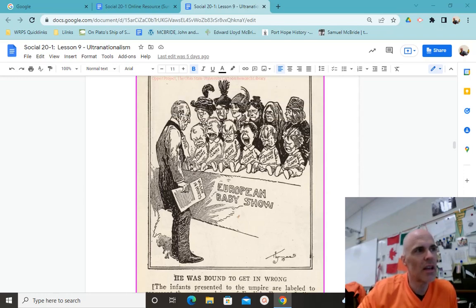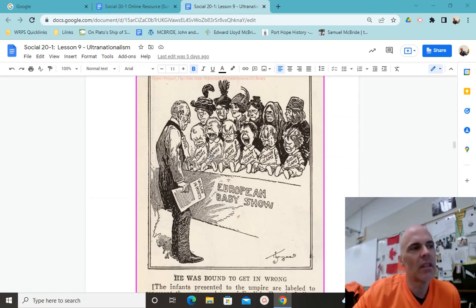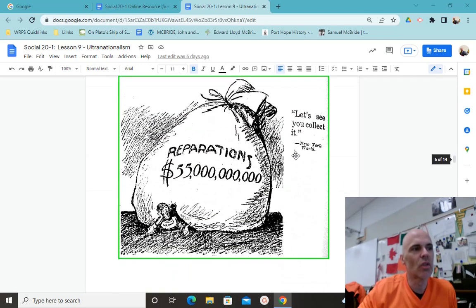So it's making the idea, unlike this one, that the rise of extremism in Germany isn't America's fault, but it's the fault of so many competing claims at the end of World War I. There was just no consensus in Europe, and people were trying to get their pound of flesh, and in so doing created the seeds of a future conflict.